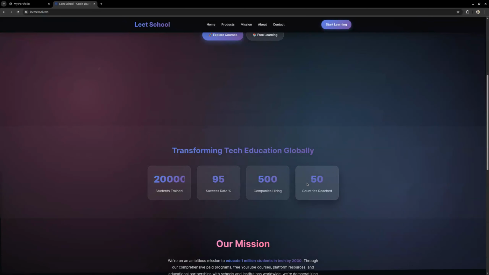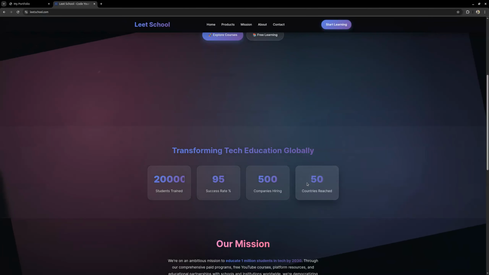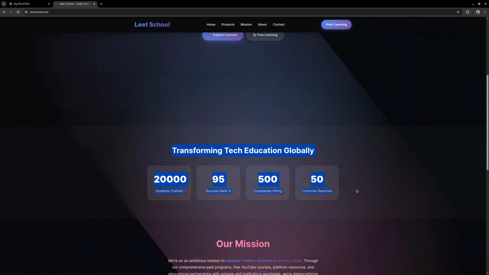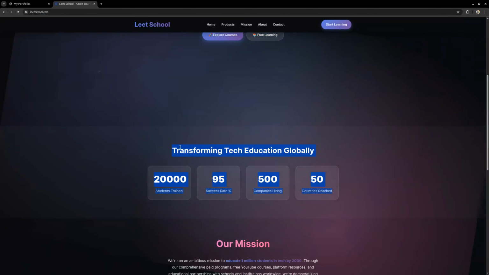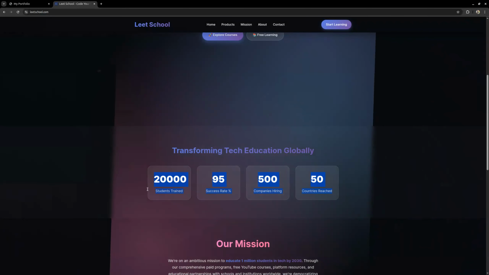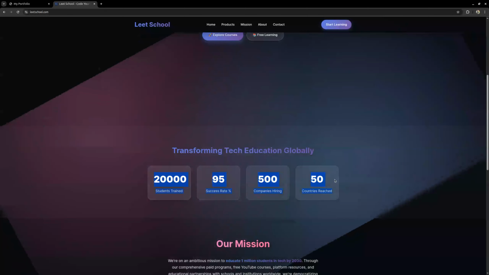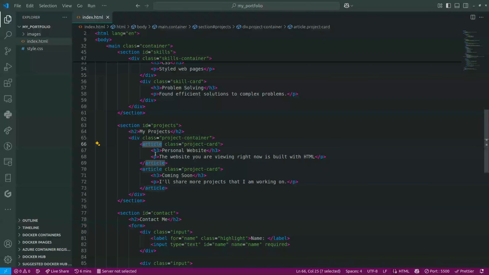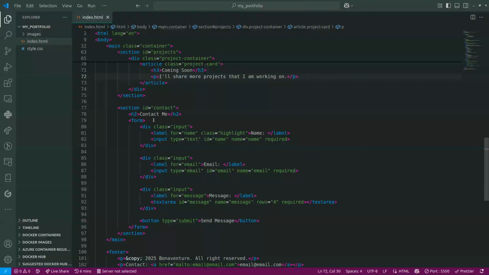Again, I hope you understand that in terms of the structure and how it boils down, we have the bigger section that encompasses everything. Inside of that section, we have this H2. Then we also have this entire division. Then this entire division contains multiple divisions inside of it, which in this case are 4 divisions. That is what we're trying to achieve with this design, or this structure that we have in the project section. So going to the contact section, we're doing a similar thing, but now we're going to